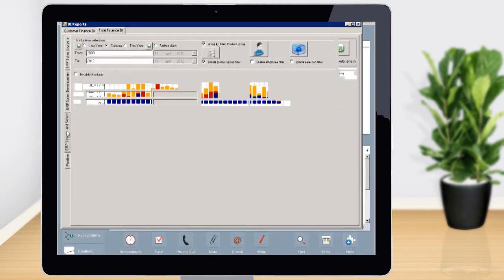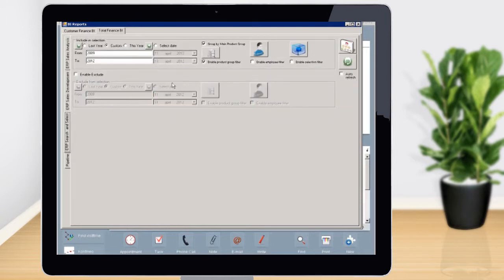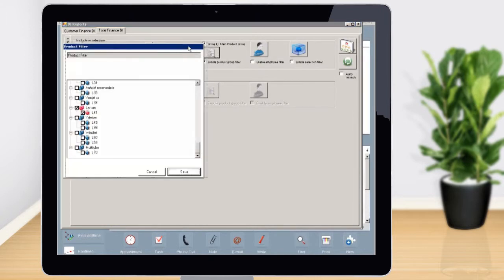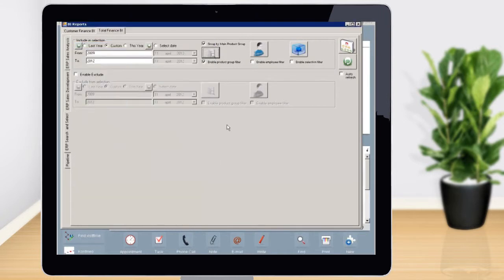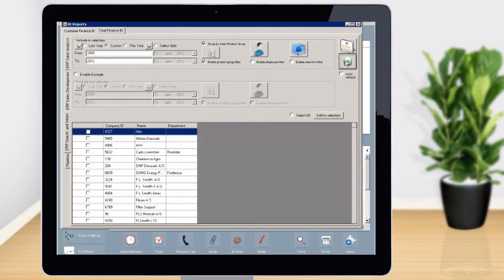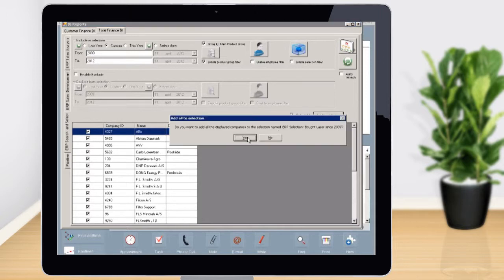Under the ERP Search and Select tab, you can make customer selection in CRM based on product purchases and also on negative product purchases. Using the selection criteria, this can be crossed with CRM data. For example, you can find all customers who do not receive email product information and have bought a product but have not yet bought a complementary product.